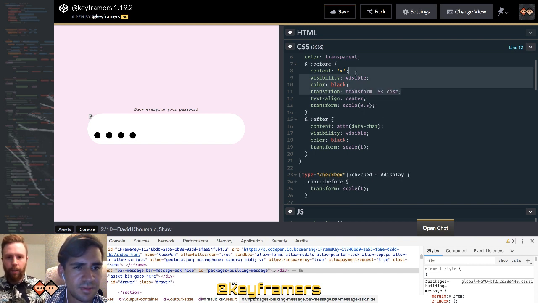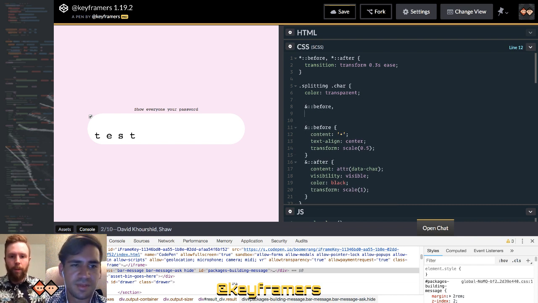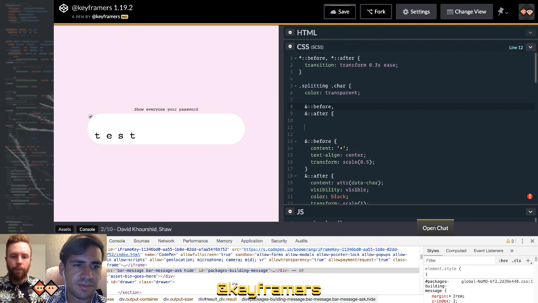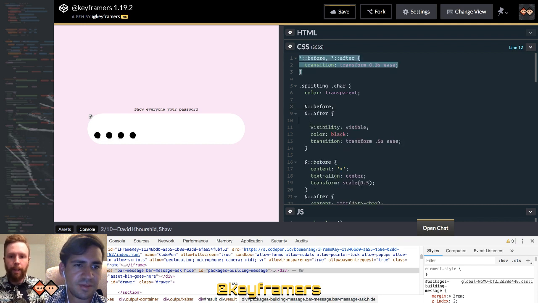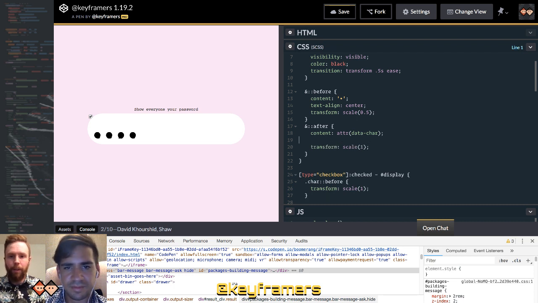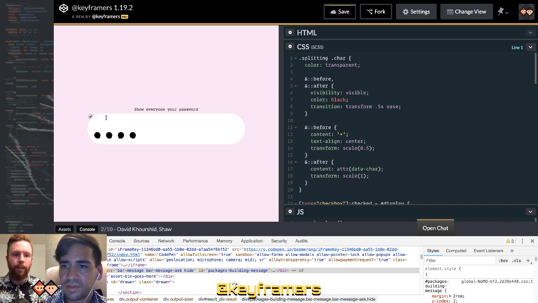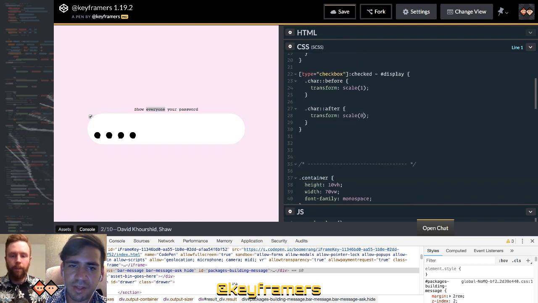I think my splitting styles are a little too specific, or a little too opinionated, I should probably say. I believe they are set to transition inherit by default, so that they receive whatever the transition of the char is, and you are applying the transition to just the pseudo element. Gotcha. So it wasn't actually working. Awesome. Well, I'll work on centering these if you want to work on the delay. Yeah, getting that just nice and smooth.